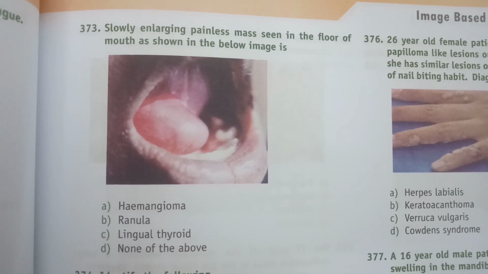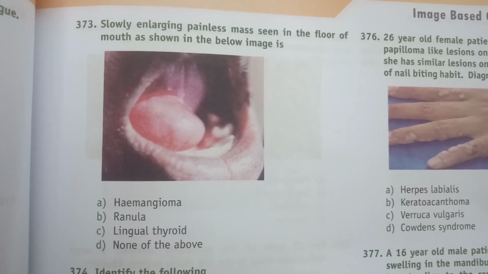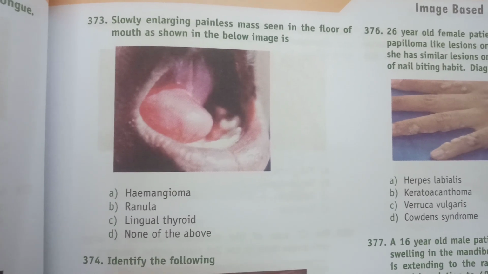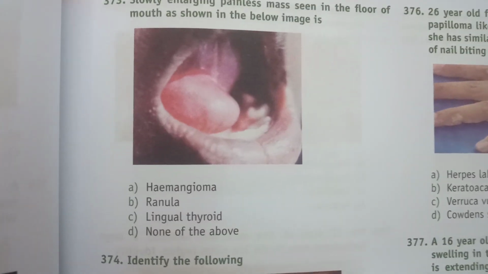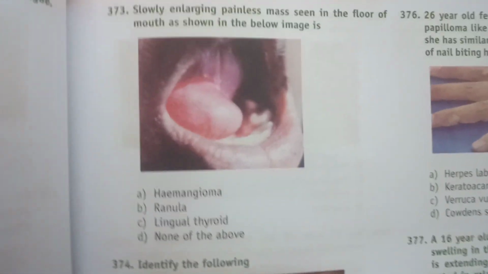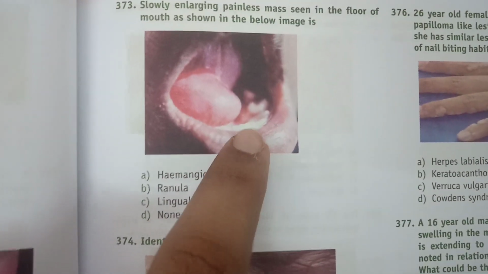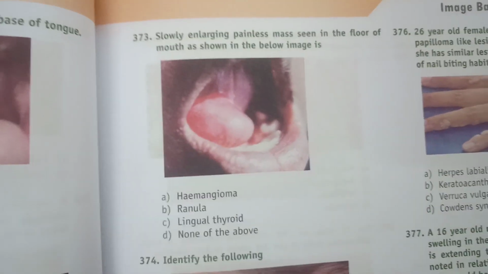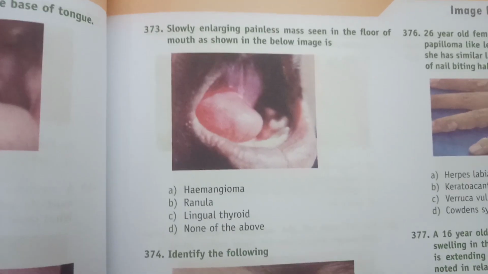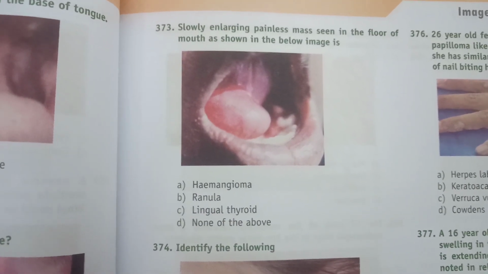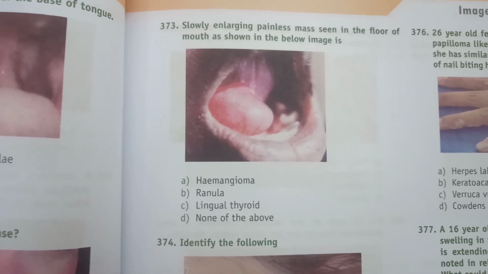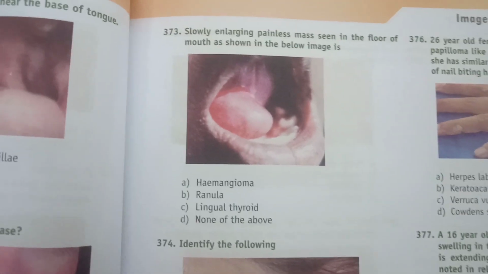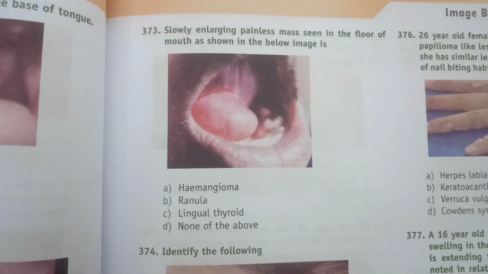Slowly enlarging painless mass seen in the floor of the mouth as shown in the below picture. Options are hemangioma, ranula, lingual thyroid, none of the above. So the swelling is in the floor of the mouth and is a slowly enlarging painless mass. The answer is ranula. The answer is option B,